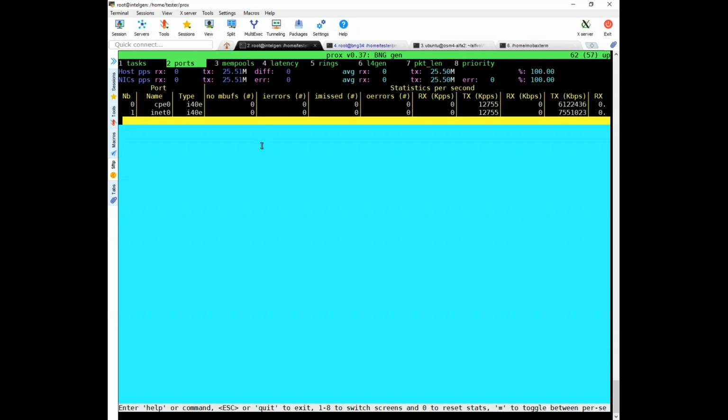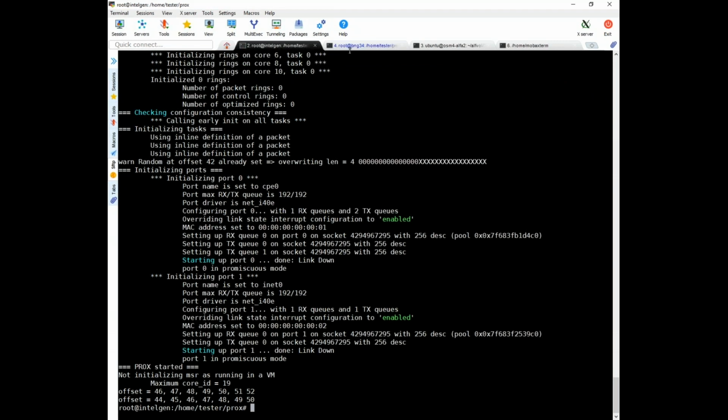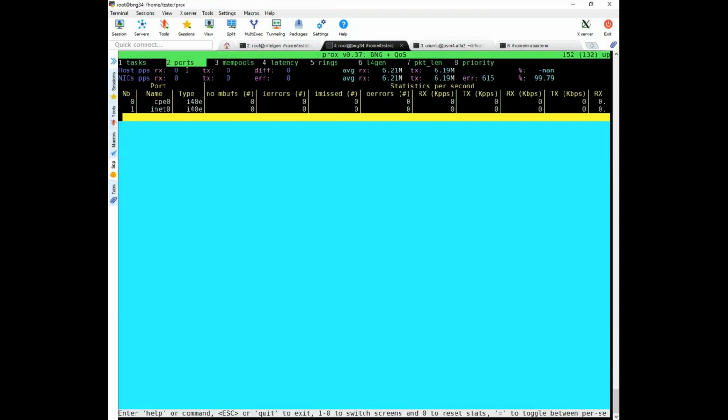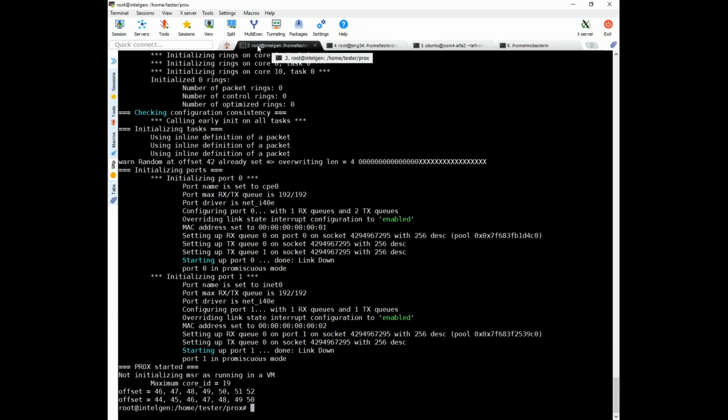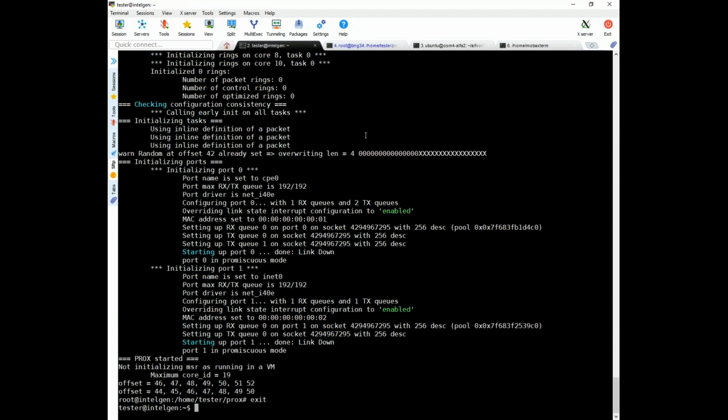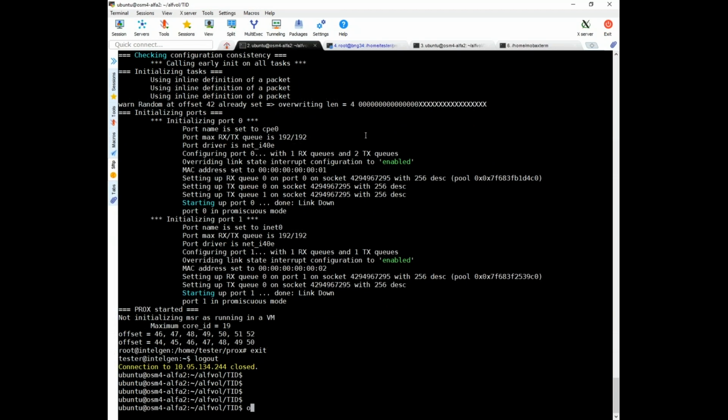We can, for example, escape the generator and see that here again the number of packets is 0. And okay, we can delete. If you have some question, please go ahead. We can just delete